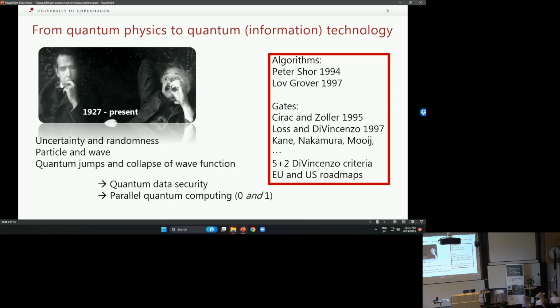And I will also mention as a super influential work, Daniel Loss and David DiVincenzo, who proposed how to use spin qubits in solids. And after that, a stream of good proposals with superconductors by Nakamura and Mooij, and there are also great works here in Sweden, of course, on the superconducting work. DiVincenzo even made a 5+2 criteria for building a quantum computer. The last two is if you want to also build an internet so you can communicate with other quantum computers. And in Europe and the United States, there were roadmaps established. What do we need to do to actually have this thing coming into real existence? So let me